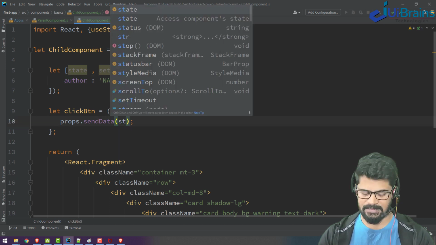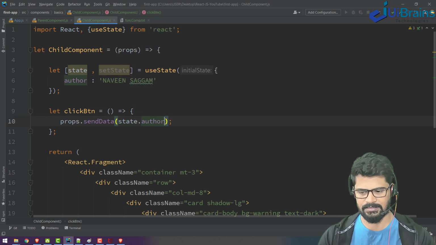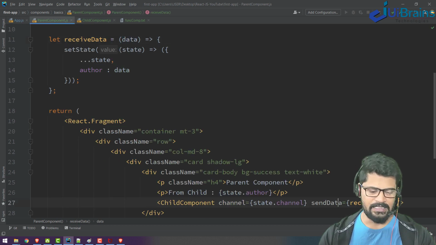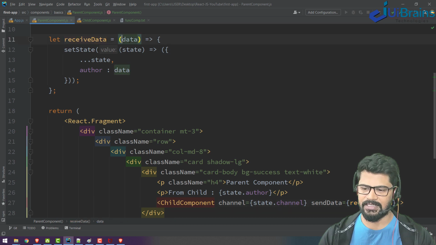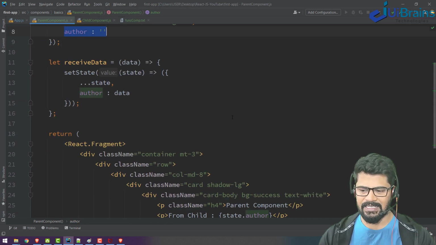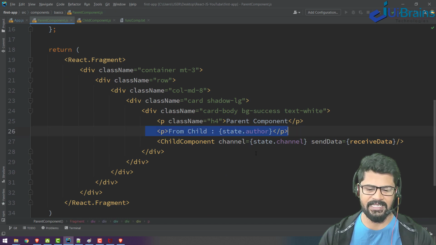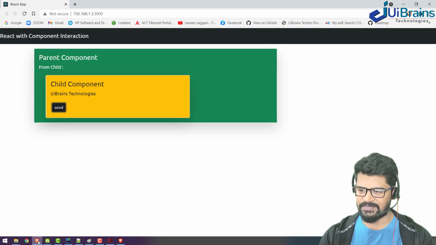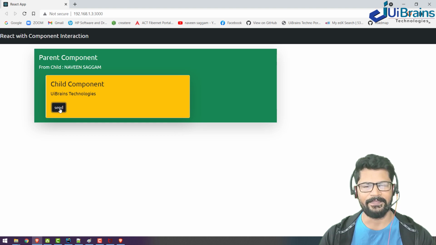It's state dot author. I'm sending it to this function, and that function will be received here, and from there it is calling and receiving author, and the author name is filled, and the same author has been bound in the parent so that you can see the transfer. So refresh. As soon as I click on the button, this is what happens.